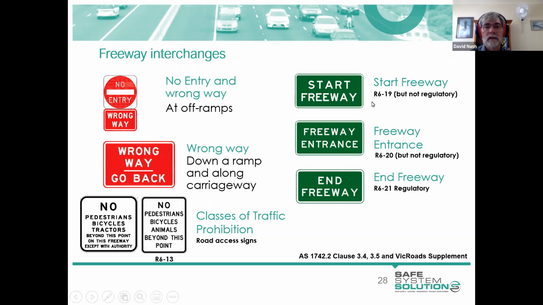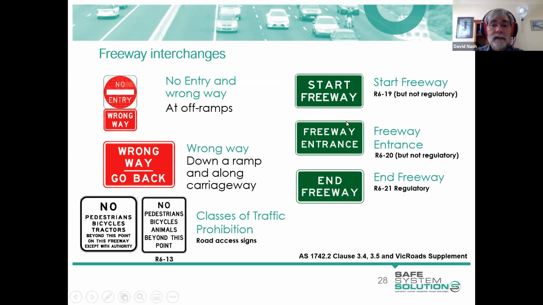So it defined the start of the freeway and therefore defined when that road rule applies, and therefore they were regulatory. But they were taken out of the road rules because these became the regulatory signs, but they still have an R prefix. So you remember last time we talked about how you determine which is a regulatory sign and which isn't. These are the two examples where the R prefix is actually misleading. Not that it makes too much difference really at the end of the day, but